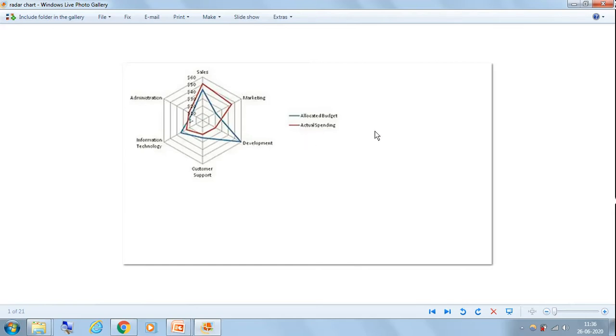So you can see here in some areas the allocated budget was less, but you have spent more than that. For marketing the allocated budget was way less, around $20, but we have actually spent somewhere around $50. So that is how a radar chart or spider chart looks like.